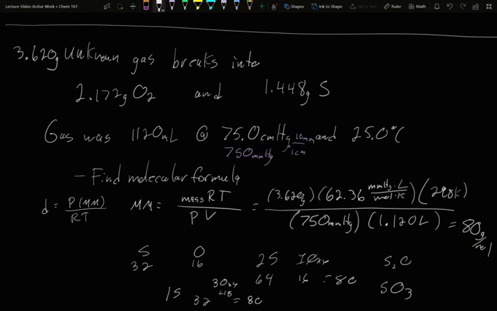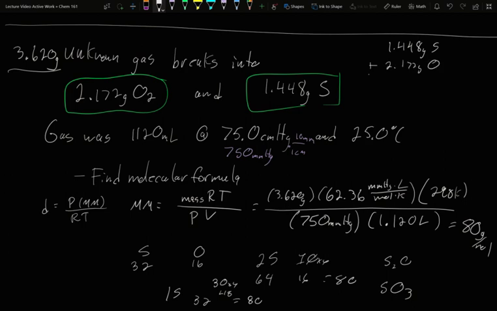If we know the differences in our gases and which ones are likely to be gases, we might be able to figure it out that way. But there's another one. We know the actual weights of the chemicals, assuming that they actually were all the material, because we know the weight we originally put in. So 1.448 grams of sulfur plus